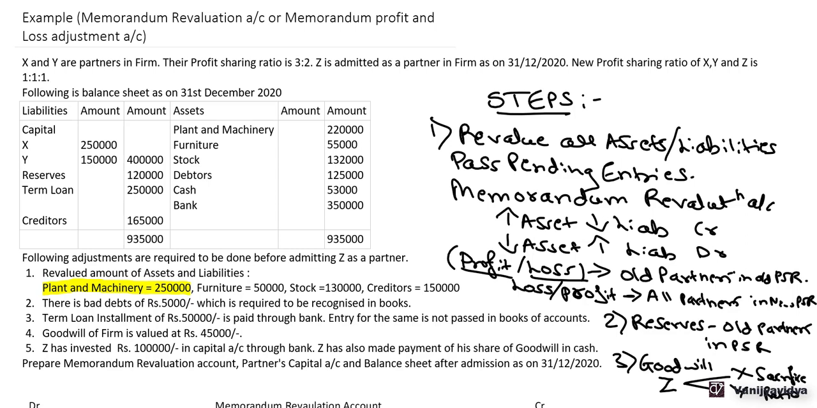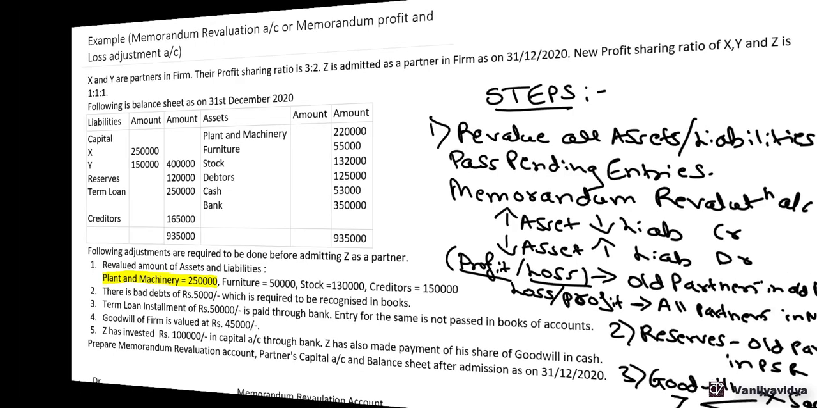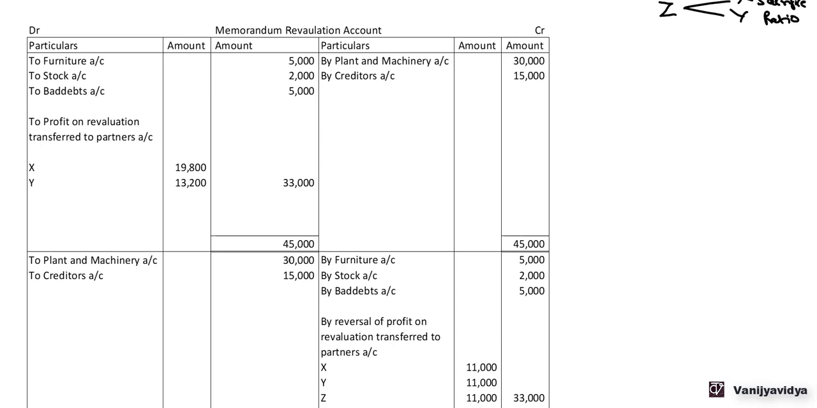But in this case, we are preparing a memorandum revaluation account. So we won't be affecting the asset account. So on the credit side of memorandum revaluation account, we need to pass this entry for 30,000. So this is a memorandum revaluation account, and we have debit side, credit side, particulars, amount, particulars, amount. Now this plant and machinery, there is an increase in the value of the plant and machinery. So what we are doing is, on the credit side of revaluation account, we are passing this entry by plant